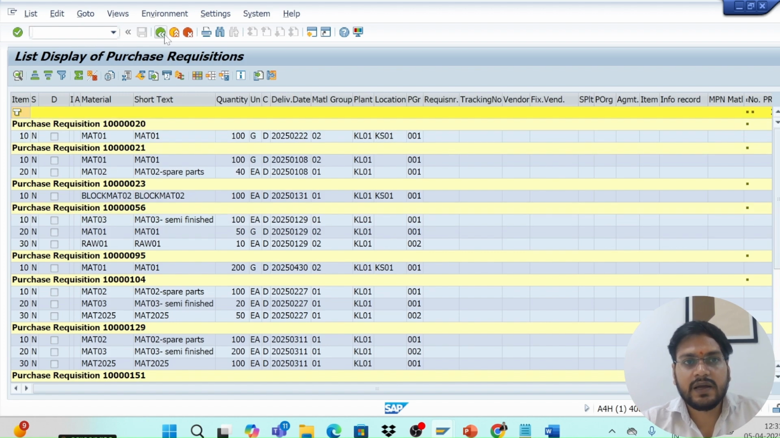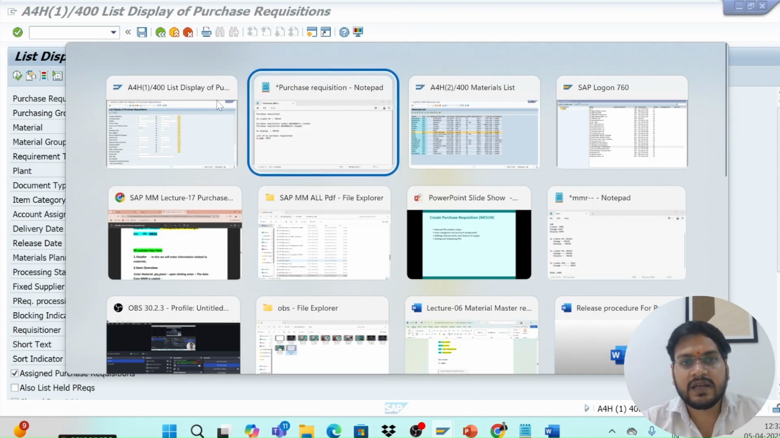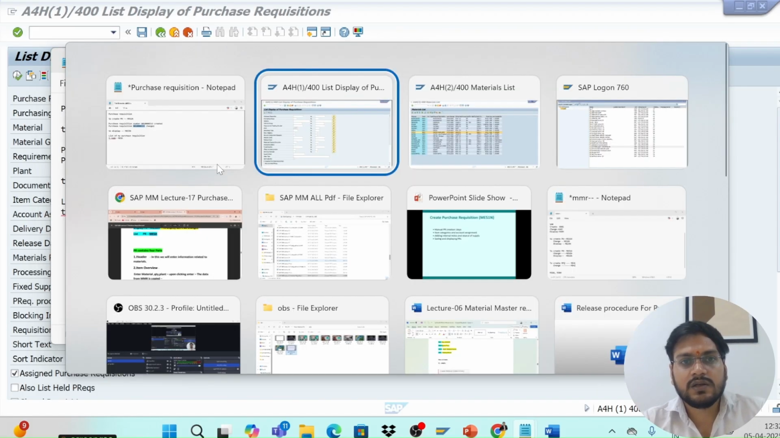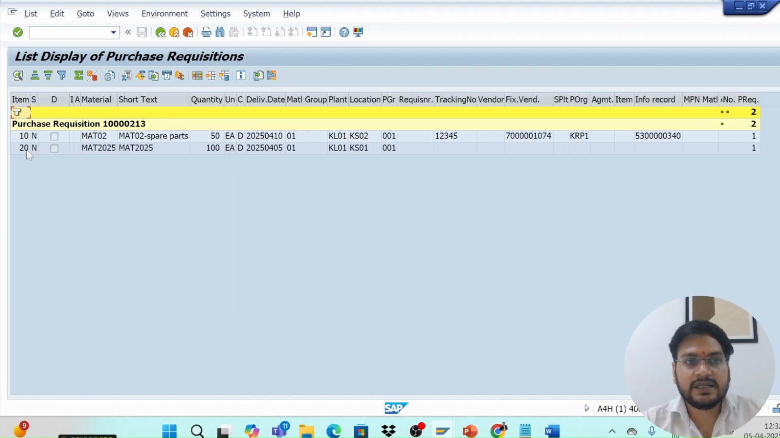If I just go back, and if I just want to give, these are like a filter. If I want to see as per purchase requisition number, I can give only purchase requisition number here. Let's suppose I want to see for this purchase requisition number, so I will just mention this purchase requisition number here, hit enter, and I can easily see that, okay, for that purchase requisition, 2 materials are ordered, 50